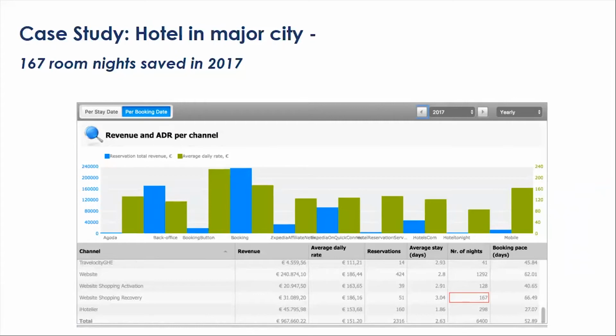We send them a book now button by email to a specific offer with a special code that's only available for them. We call this website shopping recovery. We launched this maybe 3 or 4 months ago, and we are now looking at data and trying to give it more features to become even more sophisticated.